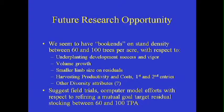So there was a question earlier, where's that sweet spot? And now this is just my opportunity, my personal feelings. We seem to have zeroed in, at least in this study, on between 60 and 100 trees per acre with respect to underplanting development, success and vigor, volume growth, smaller limb size on a residual, productivity and cost, and other diversity attributes. So there seems to be an opportunity to come up from 60 and somewhere down between 100,